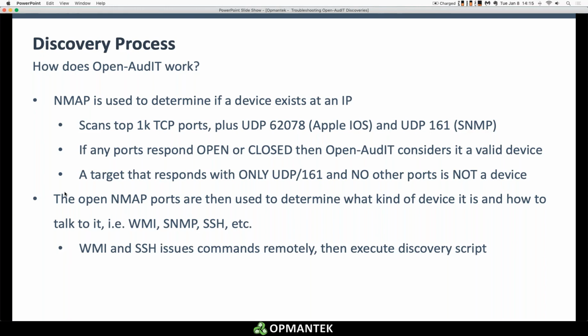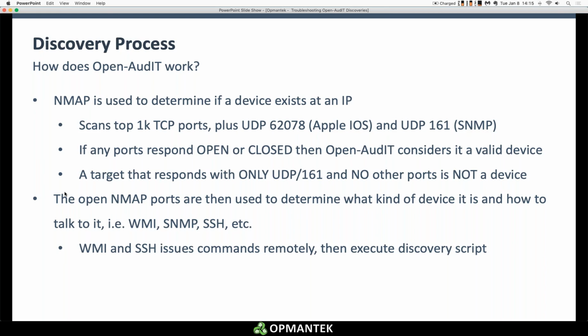We actually see this as an issue now and then: sometimes a router or a firewall between the Open-AudIT server and the IP address will respond for an IP address that is blank or unused, and perhaps say something like protocol X11 port 6000 is closed. So it's responding for an IP address as a closed port, and Open-AudIT says, if that port is responding as closed, there's actually a device at that IP address, and that port might open at some point in the future, and therefore there's a device there. So it's important to understand that if you start seeing closed ports coming back, Open-AudIT is considering that IP address